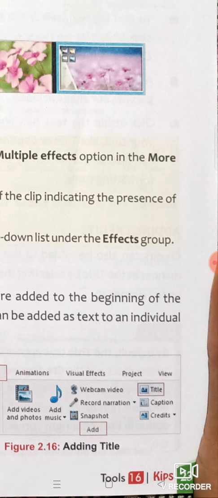It's just simple. The way of adding captions, titles and credits is the same. You can add it according to your choice, wherever in the clip you want to insert it: top, left, bottom, center. You can select the place according to you. By default it comes at the downward position in your clip, and if you want to change it, you can change it according to you.